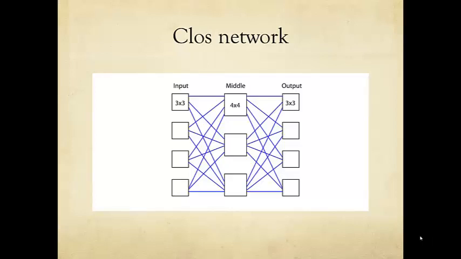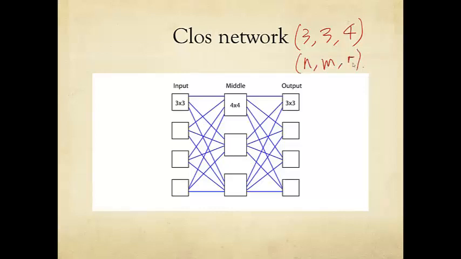This is a Clos network. It is a Clos network denoted with the following representation. Okay, it is a 3-3-4 Clos network. Okay. 3-3-4. And in general, a Clos network is represented by three numbers, or specified by three numbers: n, m,